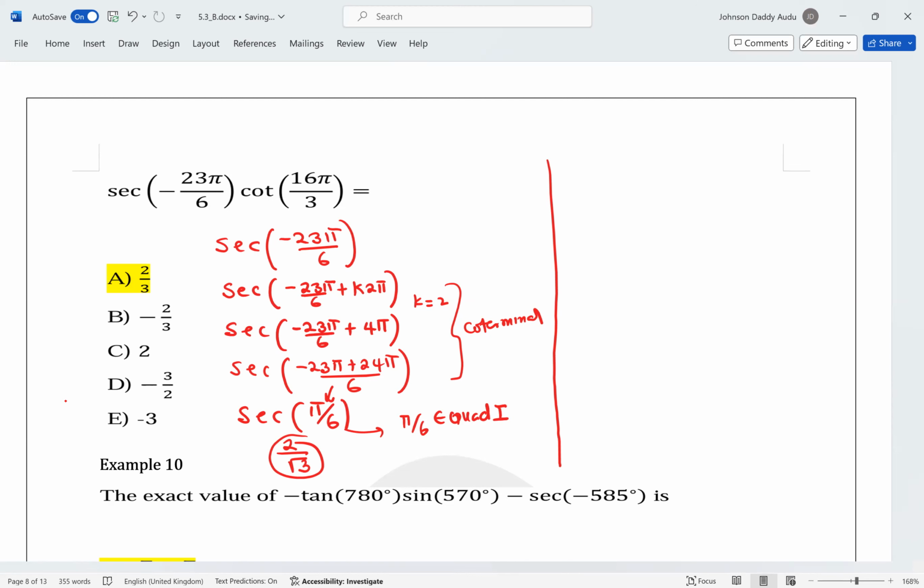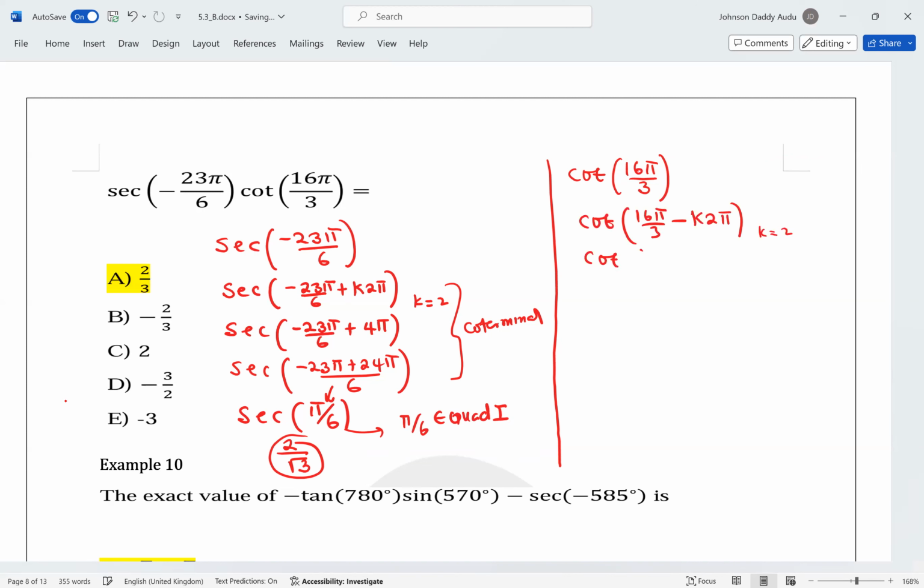So now let's go with what? Cotan now. So here we have cotan of 16 pi over 3. The same thing. If you look, 16 over 3 is greater than 2 pi. So you need a coterminal angle. The first thing you do is, this will be 16 pi over 3. You have to remove 2k pi, depending on what k should be. So what can we take to be k? If you take k to be 2,